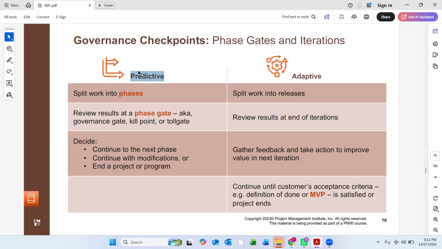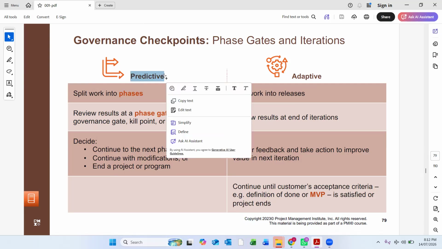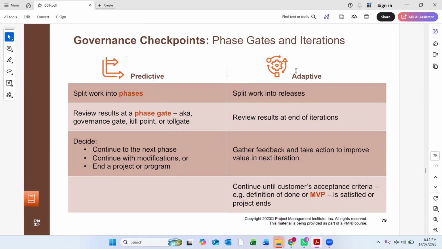Predictive is a plan-based approach where we plan ahead. We have a BOQ, we have IFC drawings, we have a contract, we have everything on our tables. We know what we are going to do. In adaptive, it is agile, right? So in a predictive